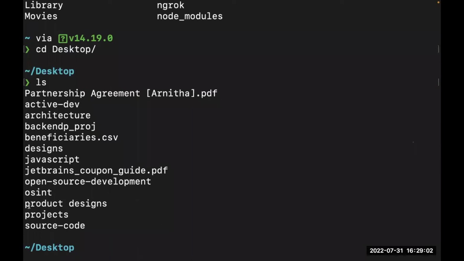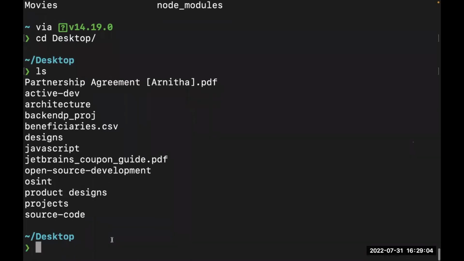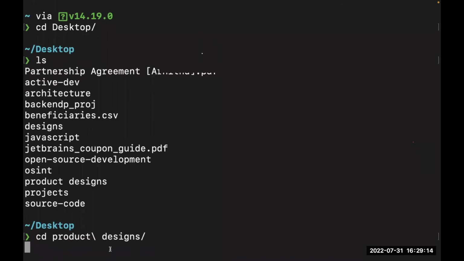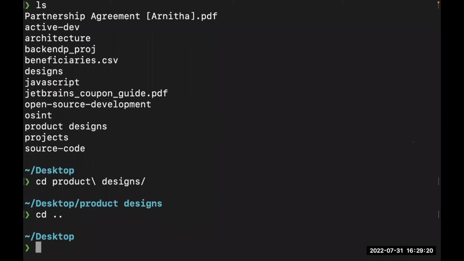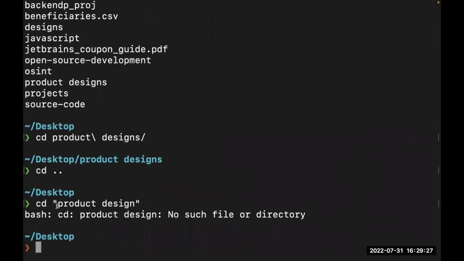All right, so I have a folder here called product design. Let me show you what would happen when I say CD product design. So you see what happens, right? This is how I can access this. And if I click enter, I am currently inside that folder, right? Likewise, let's try this again, CD, and I'm going to say products, and I doubt if this would work, but let's see. Of course, because this is already trying to refer to a file. So yeah, you definitely need to access this using the backward and the forward slash, just like this.